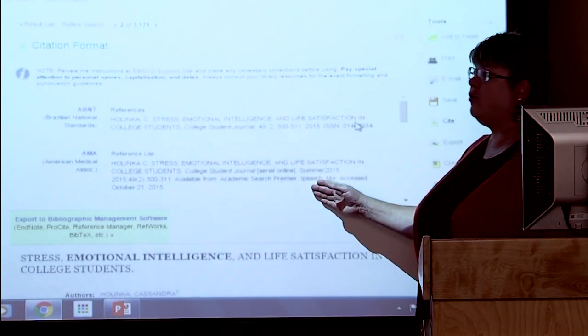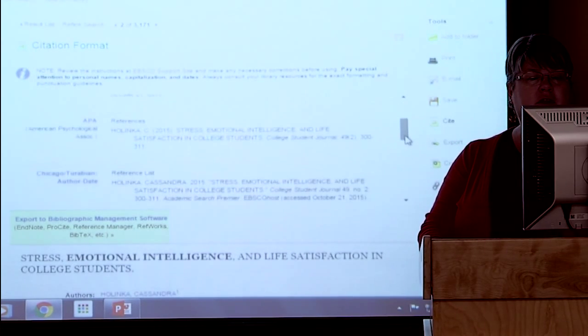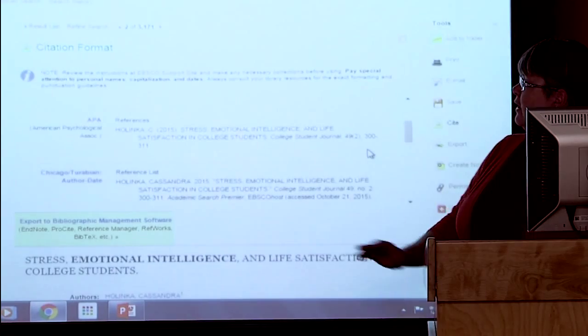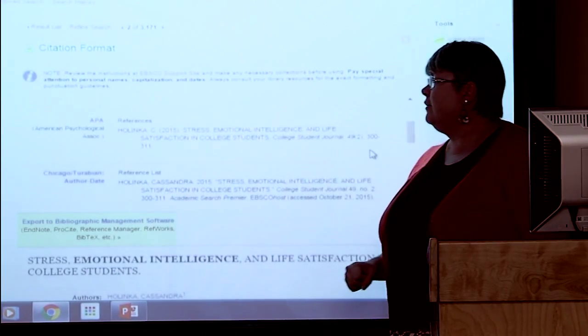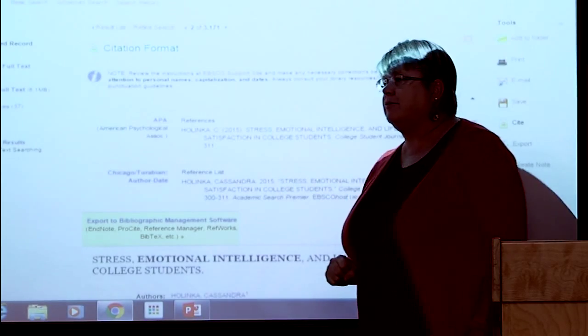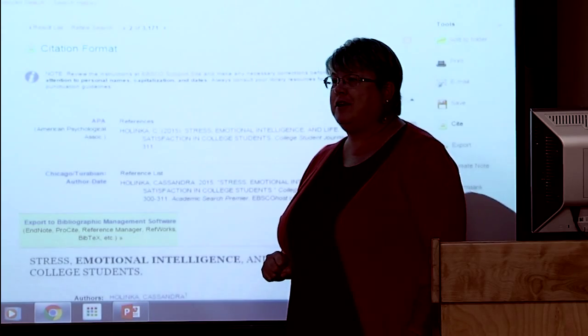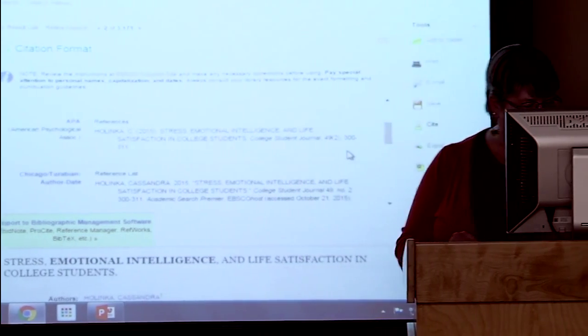This one gives me a whole lot more. So I've got a lot of choices here, but if I want the APA one, it gives it to me right here. Now I don't know if you can see this, but there's a problem with this one. Can you guys see it a little bit, or I could make it a little bigger?